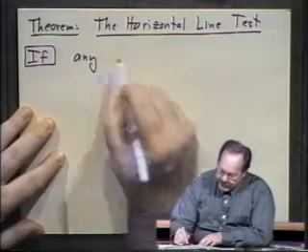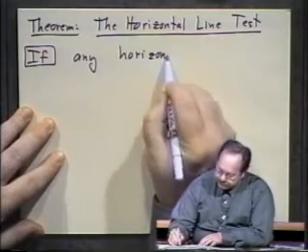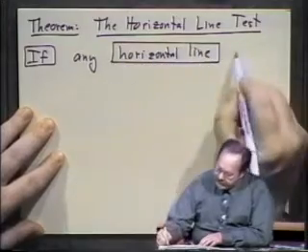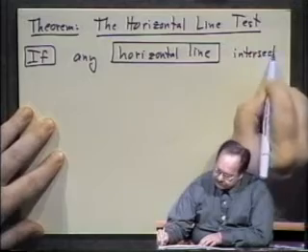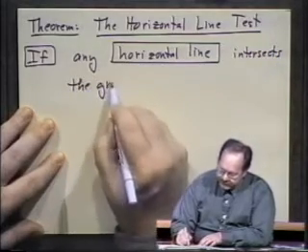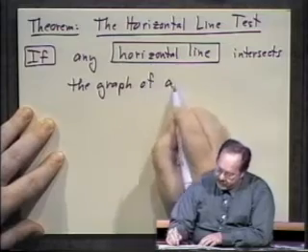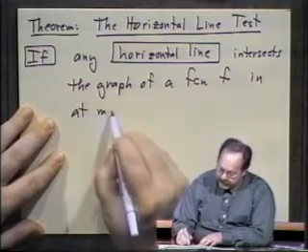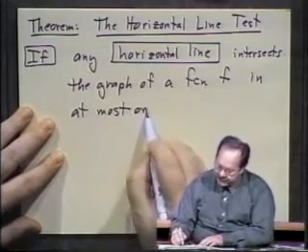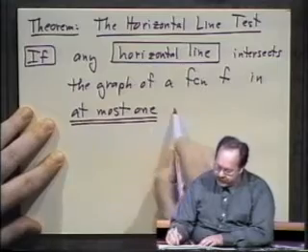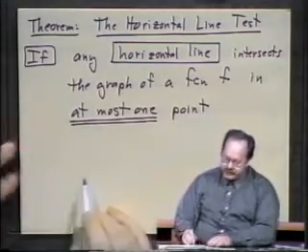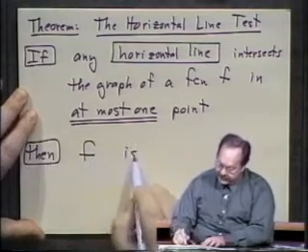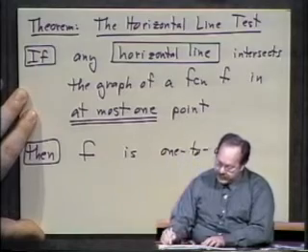If any horizontal line, any line whatsoever, any horizontal line intersects the graph of a function, say f, in at most one point. Now it could miss it entirely, that's fine. But if it does strike it, it strikes at most one point, never 2 points or more, then the function f is one-to-one. So here's a visual test for you